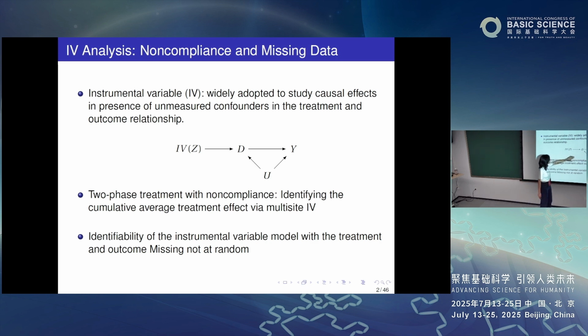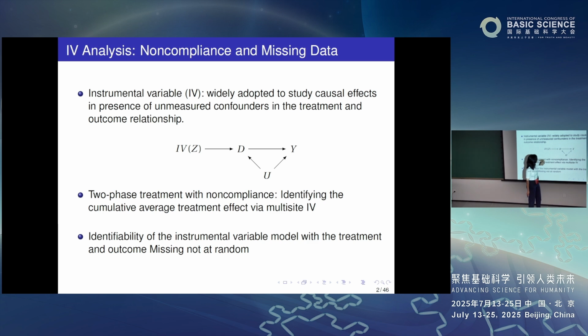Do we have some tools to address this unmeasured confounder? Well, one popular tool is to use an instrumental variable, IV, and a typical IV has the following assumptions. First, the IV has to be associated with the treatment of interest. Second, the IV has to have no direct impact on your outcome of interest, so all the impact of the IV Z on Y has to go through D. And the other assumption is that the IV Z has no correlation with the unmeasured confounder.